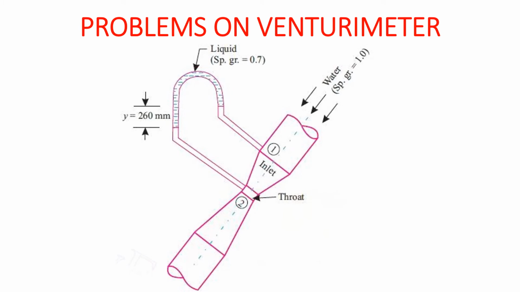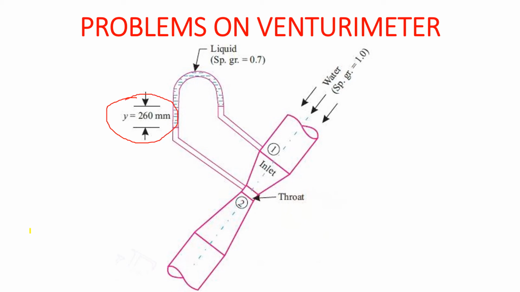So this is the diagram again. In this diagram you will see that the venturimeter is in inclined condition. So we will just show with the laser pointer here. So this is the inclined venturimeter, and the water is flowing from the upper side to the downward side, and the inverted U-tube manometer is there. Now here guys, see that the U-tube manometer is inverted, and the difference in the levels of these particular manometric levels is 260 mm, which is shown here.